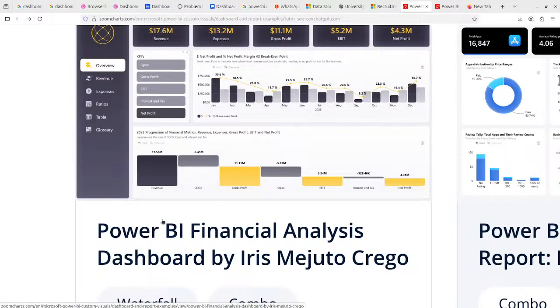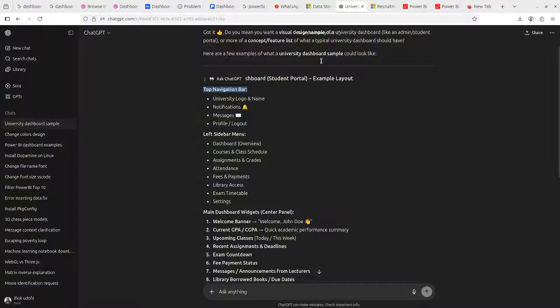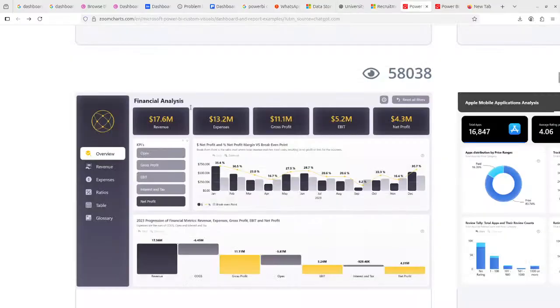Power BI financial analysis dashboard by Iris. Alright, so first of all, the recommendation that we have here is you start with a top navigation bar. Take notes, top navigation bar. Now this is extremely important. Although particularly this is not like a top navigation. The navigation in this dashboard here is implemented in the sidebar, but this is what I want you to